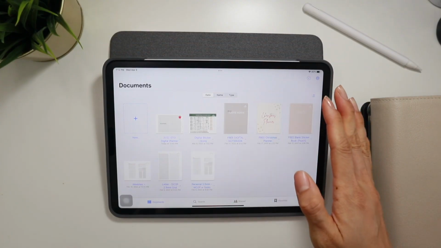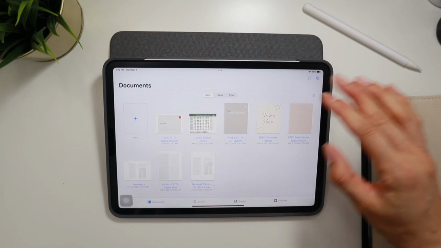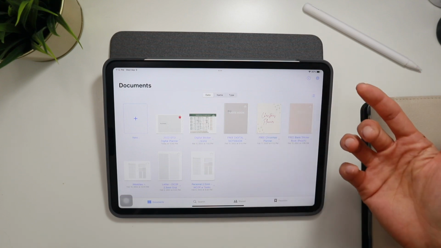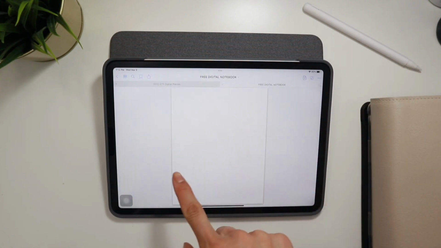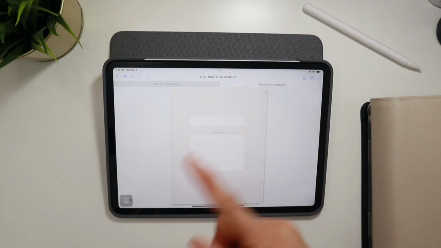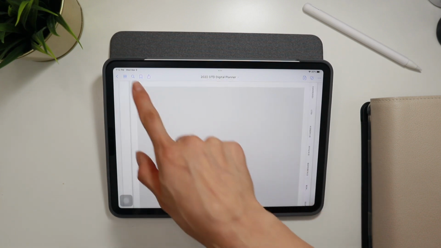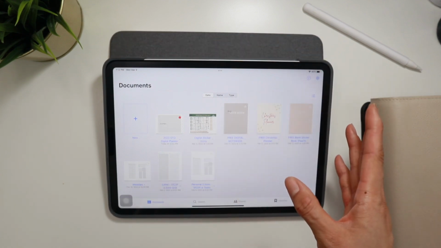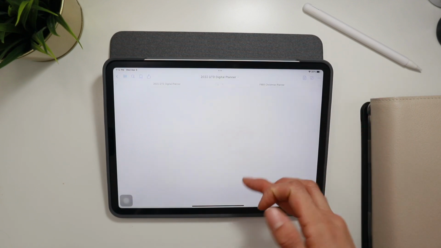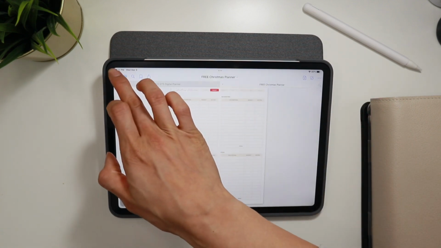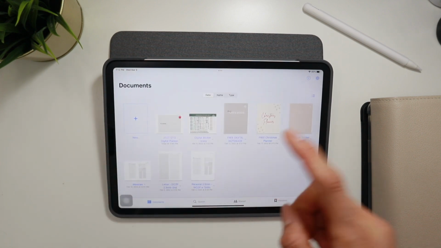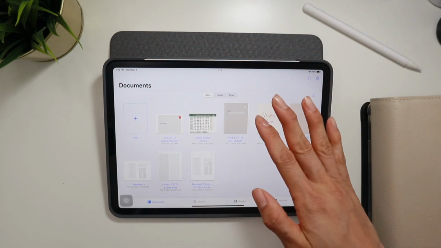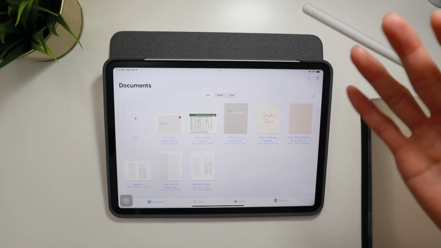So the first and easiest option is to look online for some free digital planners. Like literally, if you just Google free digital planner, there are various versions that you can find. Sometimes it's just kind of like this, where it's kind of like a notebook and it's not really a dated planner, but there's definitely other options online that you can find where sometimes it's just a snippet of the paid planner. But there's also free versions as well. Here I found like a Christmas planner, and I'll link some of the freebies that I found down below. So that is probably the easiest way if you want to get started. I found when I was doing that, I couldn't really find anything that suited my aesthetic, kind of minimal, more